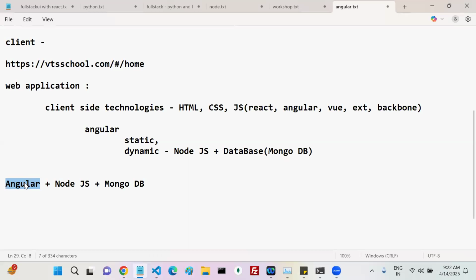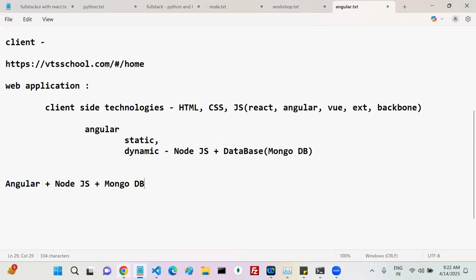Now, instead of Angular, you can go with React or Vue. Instead of Node.js, you can go with Java, .NET, PHP, something else. Instead of MongoDB, you can go with MySQL, SQL Server, or DB2, whatever, based on your requirement. First of all, when somebody gives the requirement, you have to first fix that particular technology stack. So for this web application I fixed Angular as my front end, Node.js as my back end, and MongoDB as my database. Done.